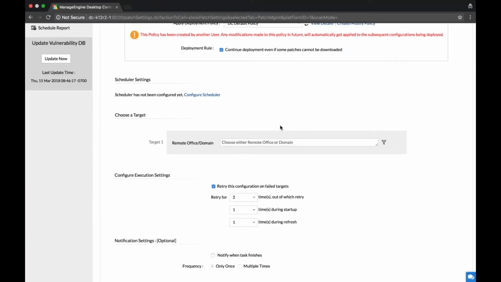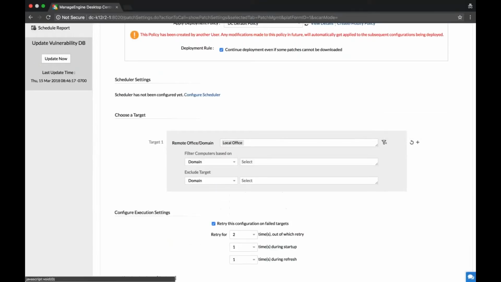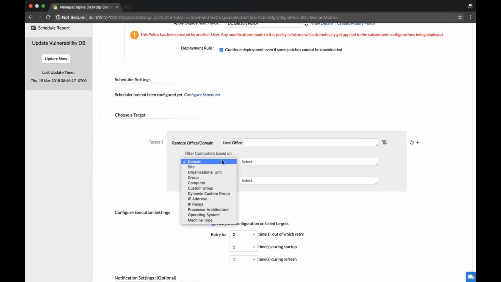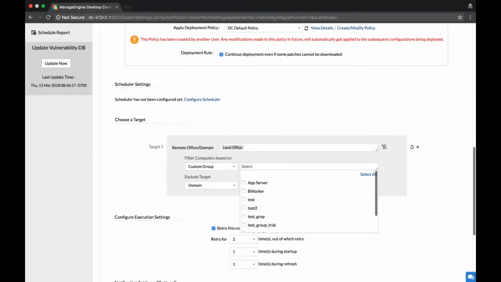So you can choose the target. You can choose either a remote office or a local office. So you can go for local office, or you can filter the computers based on a custom group where you can select from a group of computers. This custom group includes